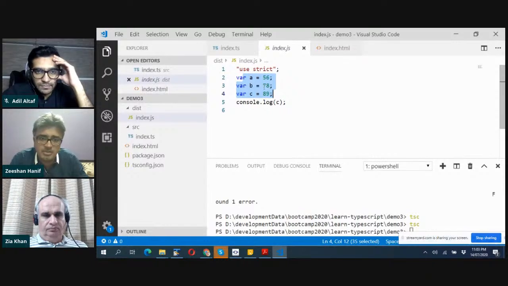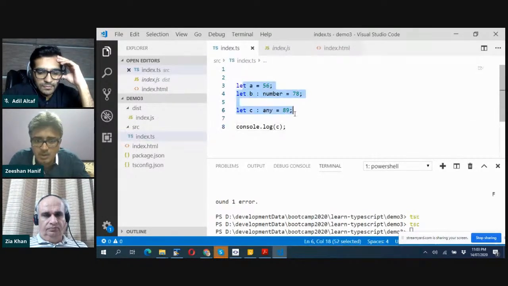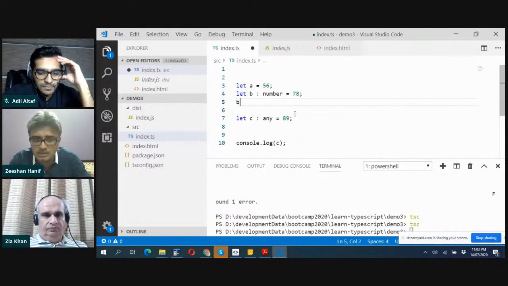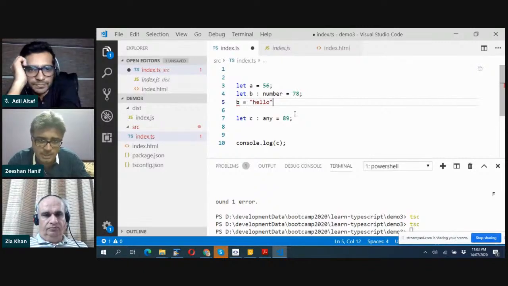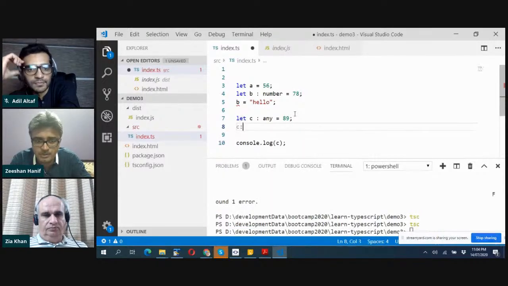You can see the three different variables. Now in case of B, if I try to assign a string value, it will give me an error. If I try to assign c equals hello,